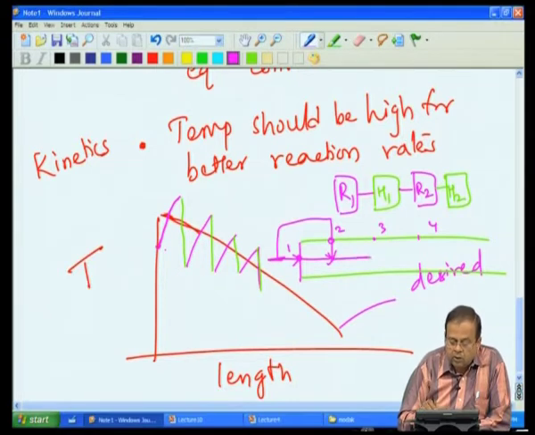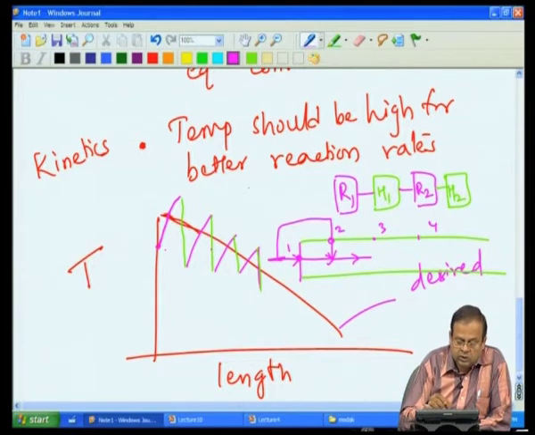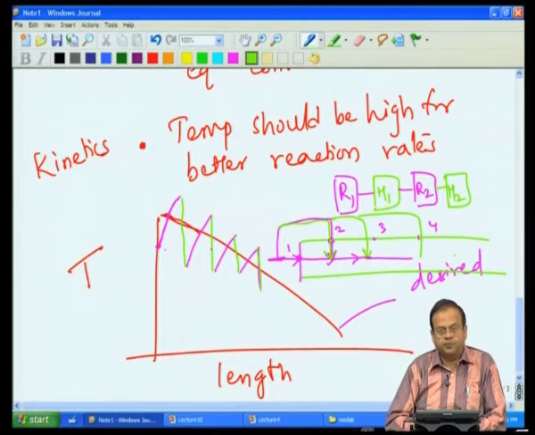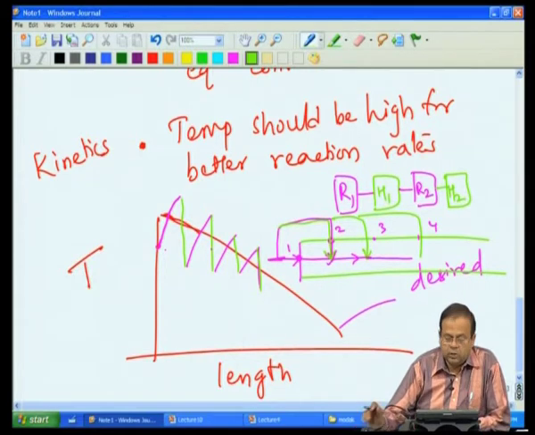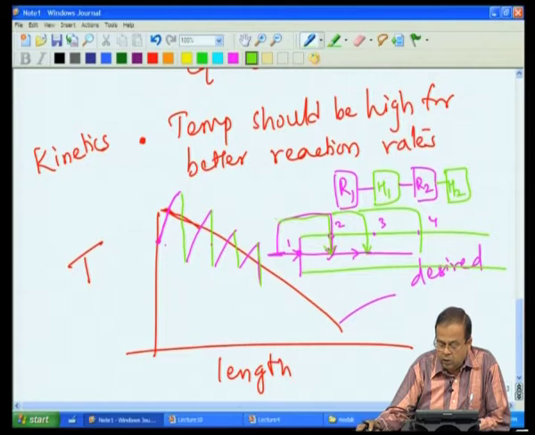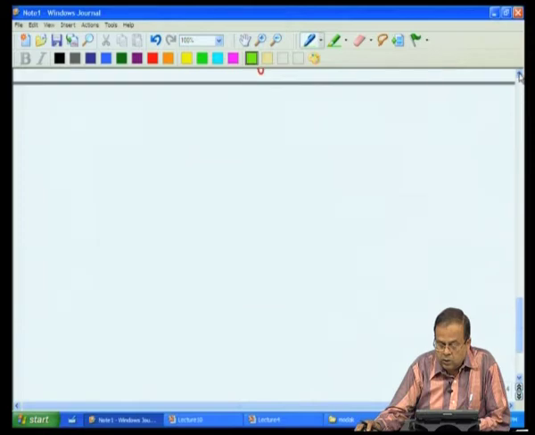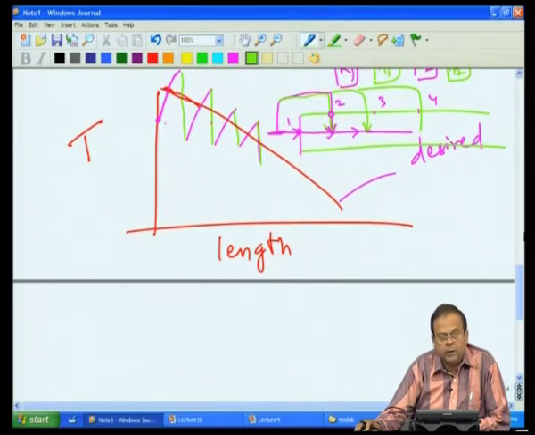So, let it again run in an exothermic manner and let us add another cold feed. These are all my cold feeds. So, I have my temperature going up, another cold feed and so on. So, that is another possibility. So, this is reactor design 1, reactor design 2, and let us look at yet another possibility. And this is along the following line.